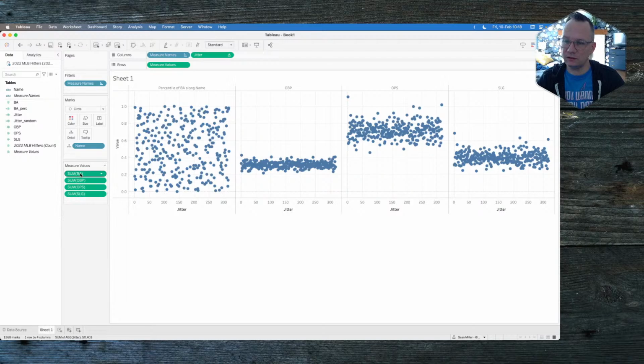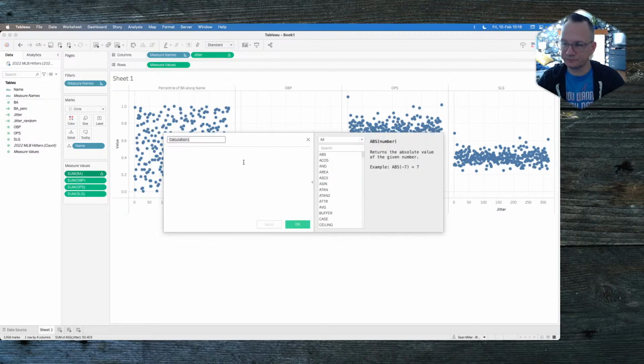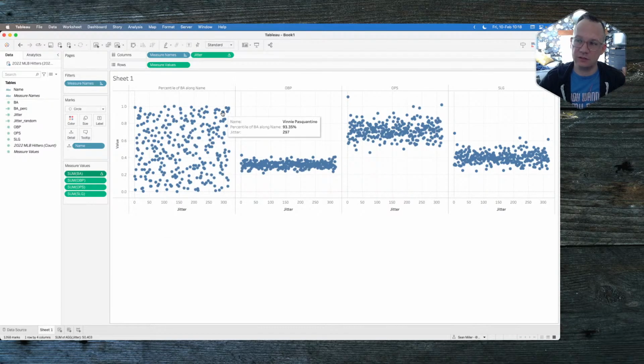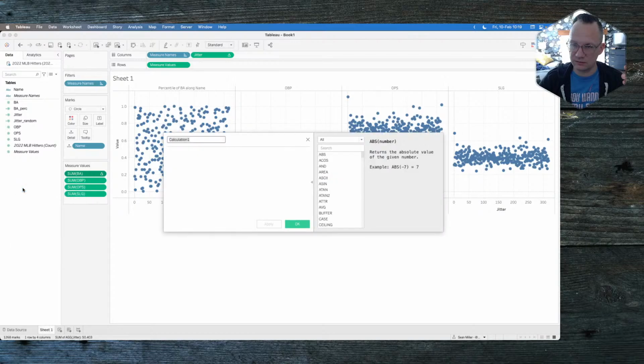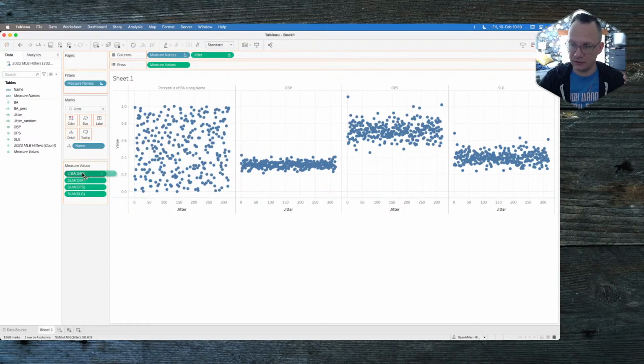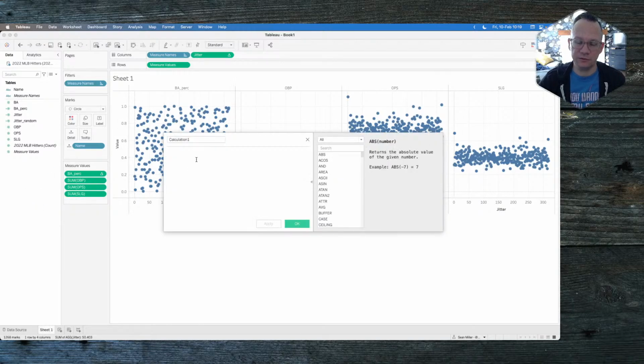So the other way that we can do this, the other way that we can normalize, so that's one way to do it, percentiles, right? What's going to happen is you're going to get between 0 and 1. Every single person is going to have 0 to 1 for their batting average. The other way that you can do this, which we did here, right? So that's the exact same calculation. 100%, exactly, okay? Now, let's do a different way of normalization, which is we're going to take